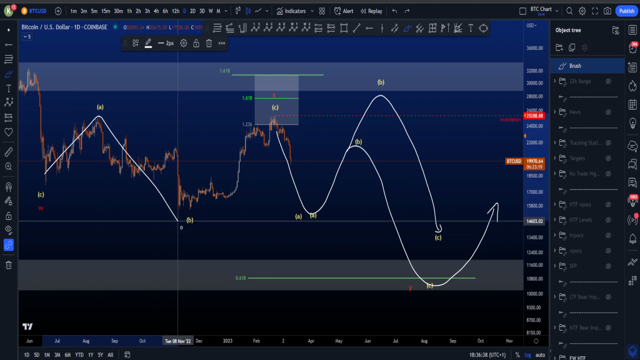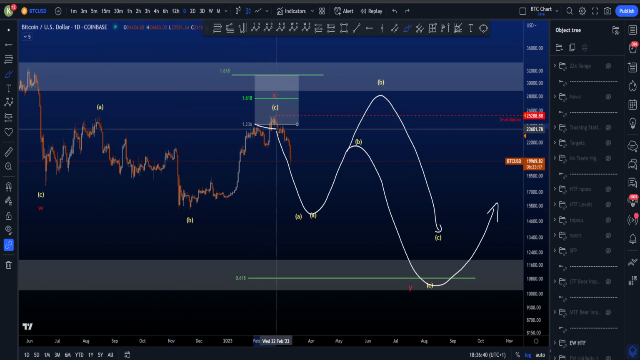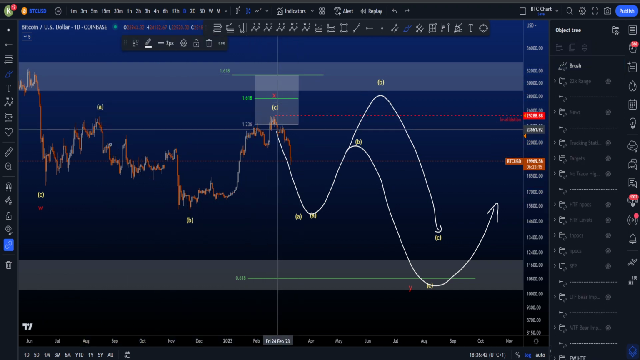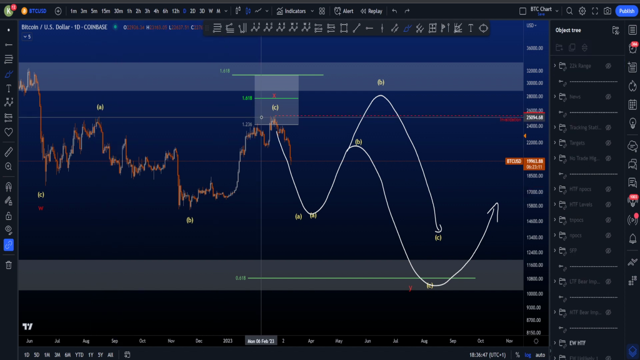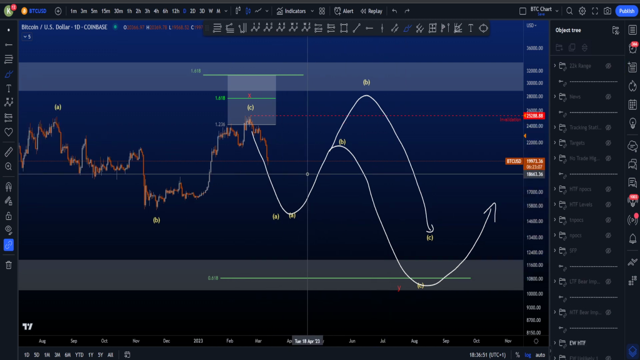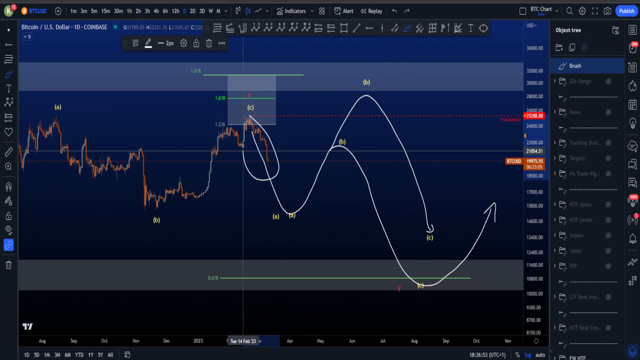inside the X I was looking for an expanded flat ABC which hit the target area, which is the white box over here, and also the minimum requirement of taking the highs of A, which it has done as well. So in this wave Y, I basically have two scenarios at the moment, seeing how impulsive this move to the